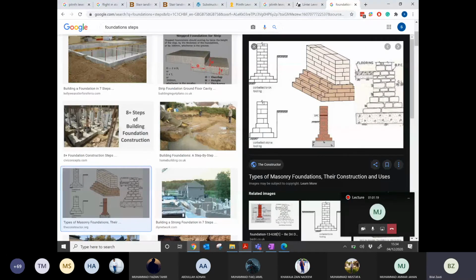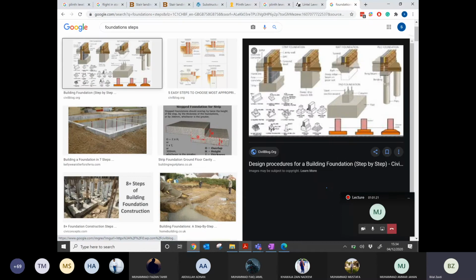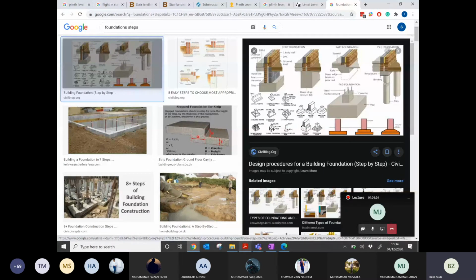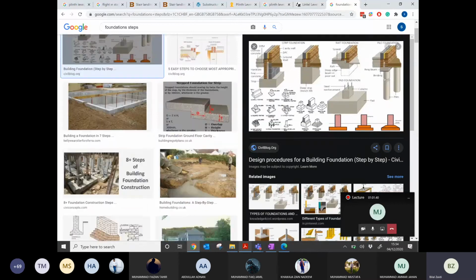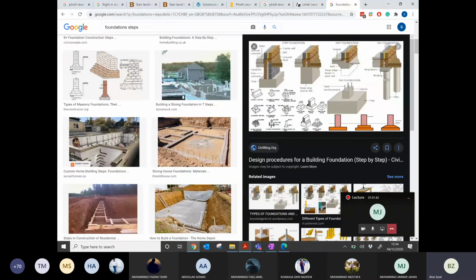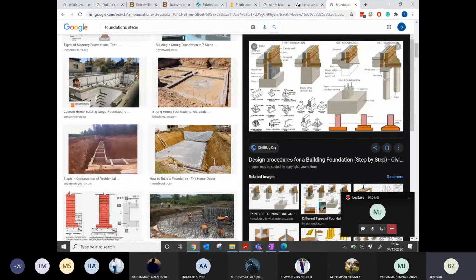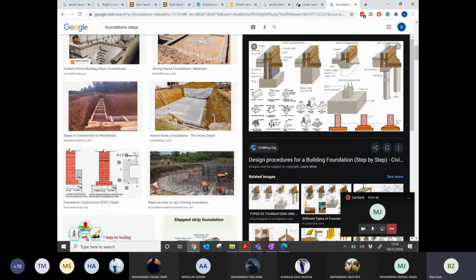We have foundations like the column foundations as well. Sometimes we have different types of foundations. Sometimes we have pile foundations. Here we have the example of a stepped foundation. Sometimes we have to dig the piles inside, if we are going to construct a plaza or a bridge having more load bearing. Then, to bear that load, we have to provide a different type of foundation.